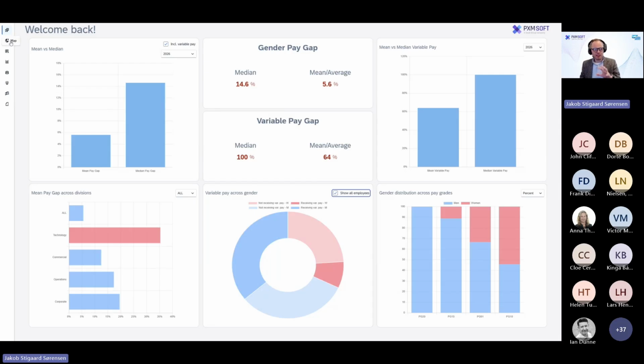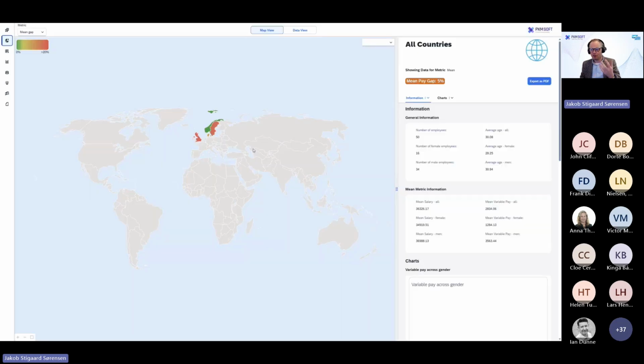Besides, as mentioned, this executive snapshot, we also cater for regional or localized snapshots. So this is a risk heat map scenario where basically we are removing the guesswork and stepping into a much clearer, data-driven scenario. Again, looking at mean and median scenarios, allowing you to see the scenario across your different entities in the organization. What you can do is zoom in on the different countries, and then you can see